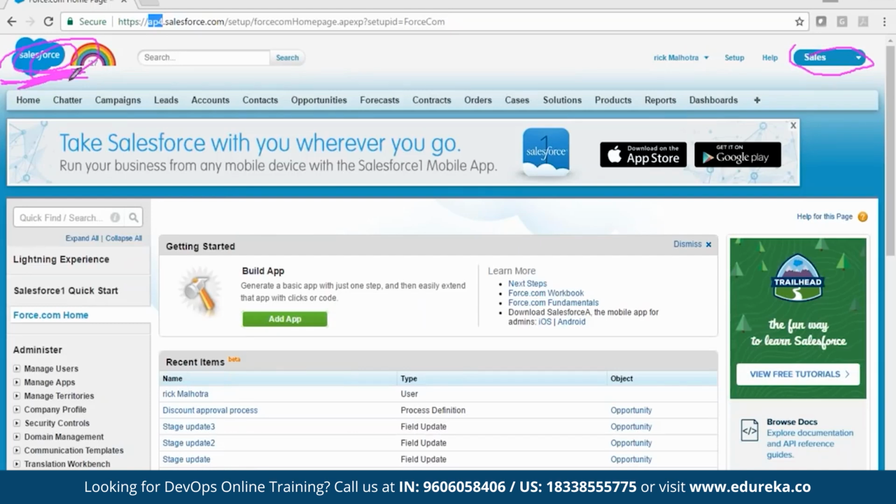Now these are the tabs or the objects we discussed initially. So what options do we have by default? You can also create a custom one, but today we only focus on what we get by default. So we have campaigns, leads, accounts, opportunity, forecast, contacts, orders, solution, products, invoice, reports, lots of things. We're going to look at each and everything from time to time.